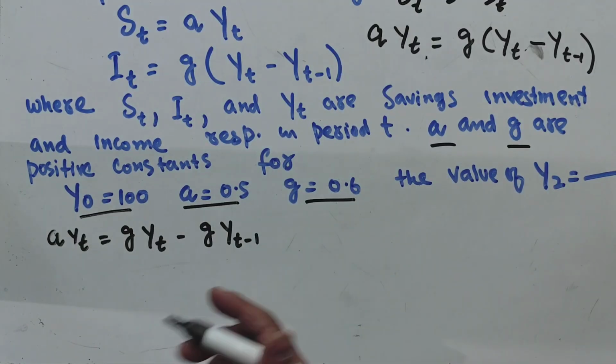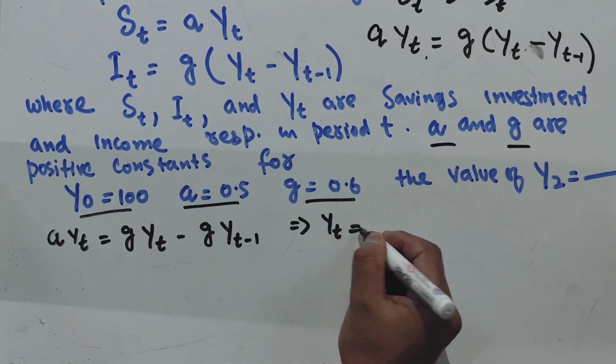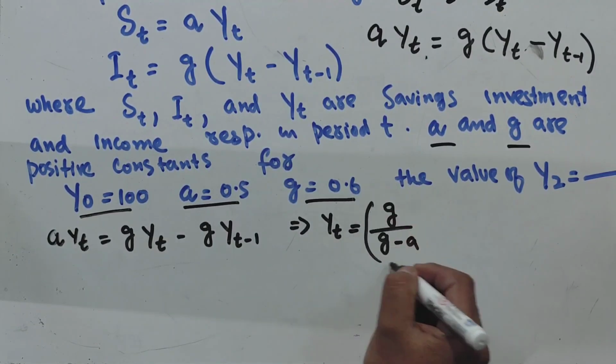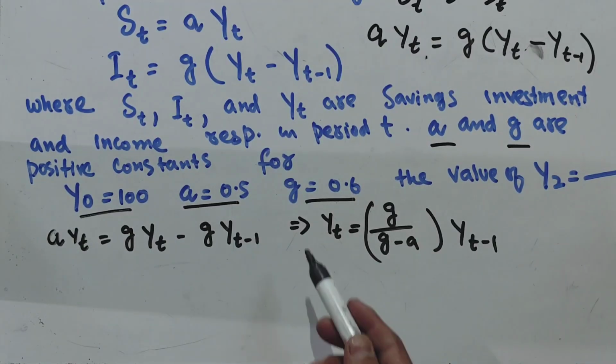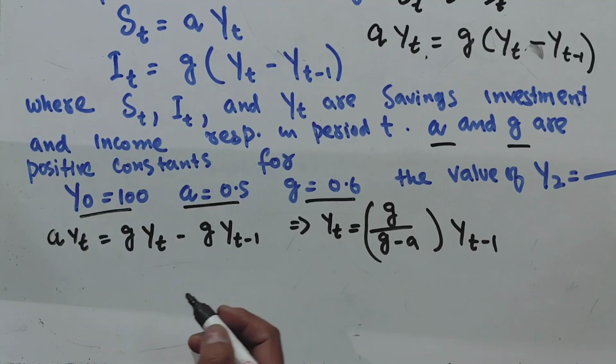Okay, if I further solve it for Yt, so Yt will come out to be G divided by G minus A times Yt minus 1. I don't have the space here, so when you solve it, you will get this very thing. Now we are being told that